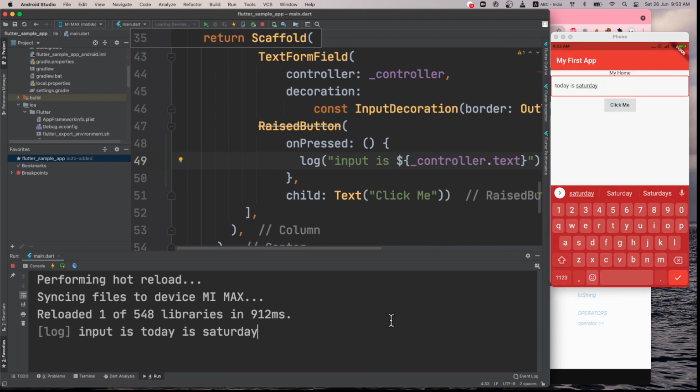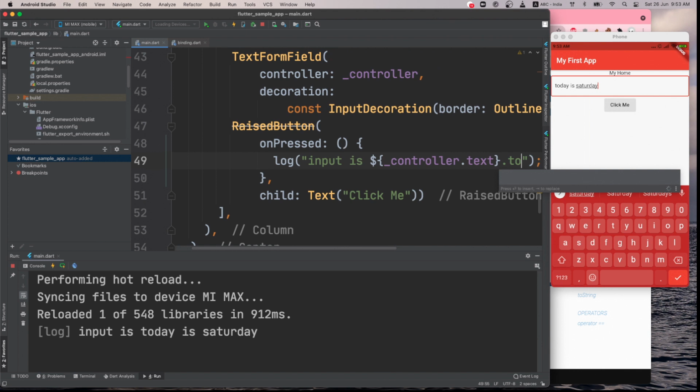Now the third thing is that if I want to manipulate this, say whatever is coming, I want to convert it to uppercase, and then only I want to print it. So there will be a method that can convert it to uppercase.